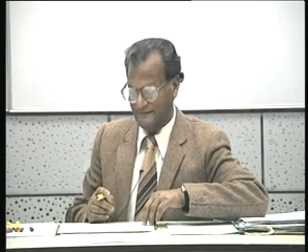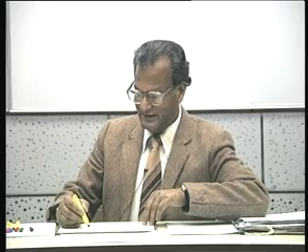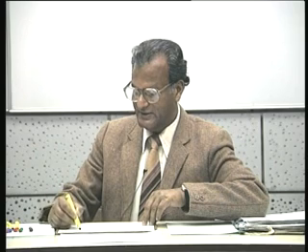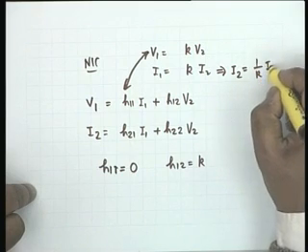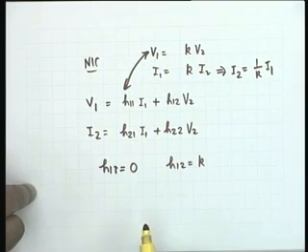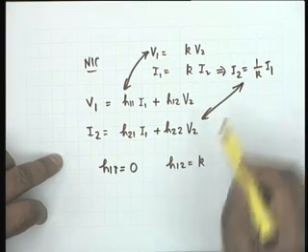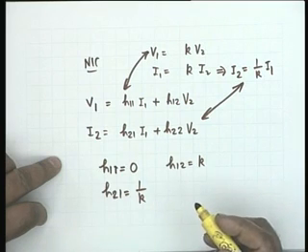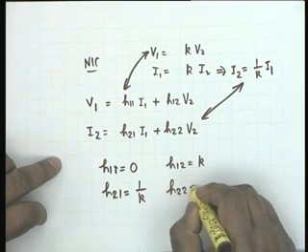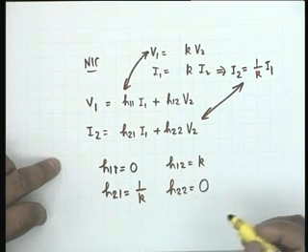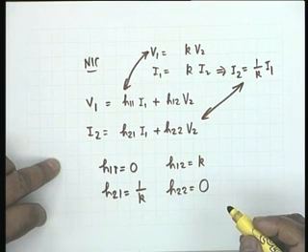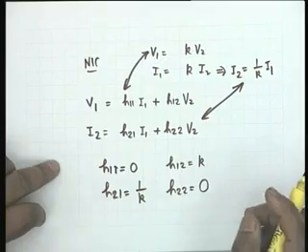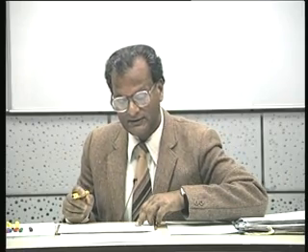Agreed? Is it okay? And I compare this relation with this, but before that let me convert this as I2 equal to 1 over K I1. I can write it that way. Now I compare this with this, then I get H21 as 1 over K and H22 is equal to 0. Therefore, the assumption that V1 is equal to K V2 and I1 is equal to K I2, so we have taken it. Pardon me? So we assumed something.